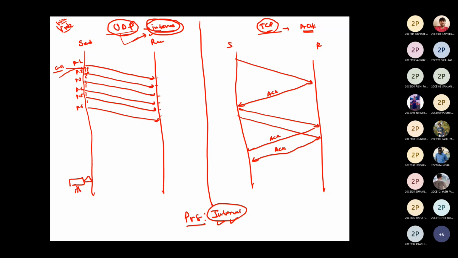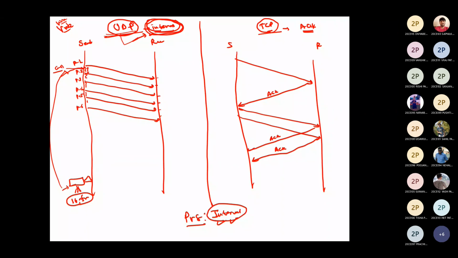Yes or no? Okay, so if it is capturing data at a constant rate, does it mean that we can send data at a constant rate? This camera will capture frames, let's say 16 frames per second. So it has to send those 16 frames per second continuously. So can we say this video streaming application has to be controlled by interval? So the applications which are controlled by interval, we have to use UDP.